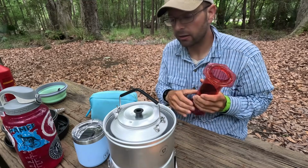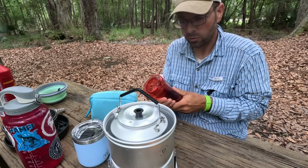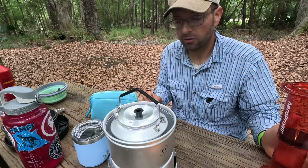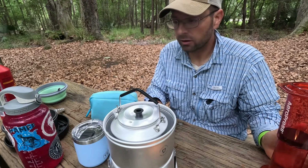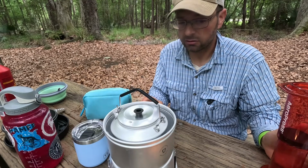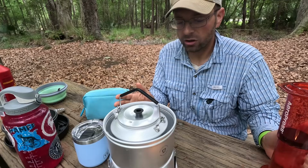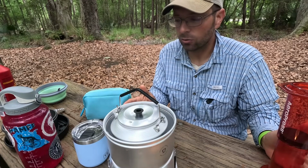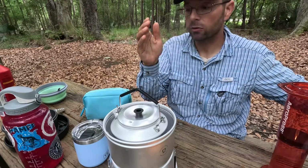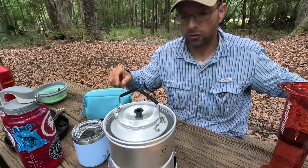I would recommend it. Price-wise, they're not the cheapest things in the world. They're a lot cheaper than a Jetboil, something along those lines. For the amount of stuff you get in the kit, I think it's a pretty good deal. This kit I bought, this is the hard anodized pots and a nonstick pan with a kettle. I believe I paid $95 for it, shipped. They range anywhere from like $65 for this kit to $150 depending on the options you get. I did also buy afterwards the case, which is really nice, and I bought a little strainer ring,